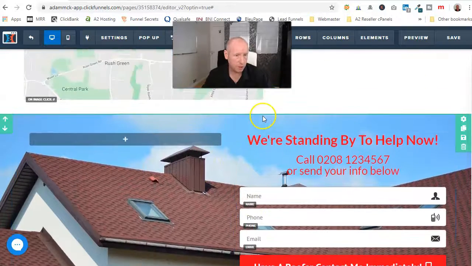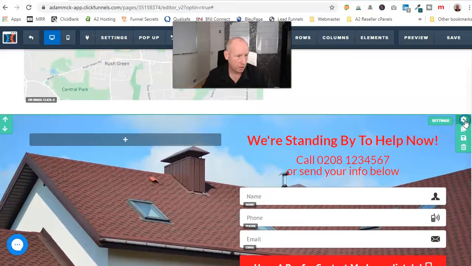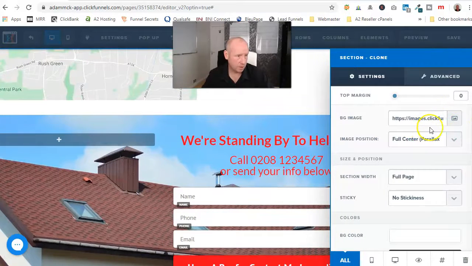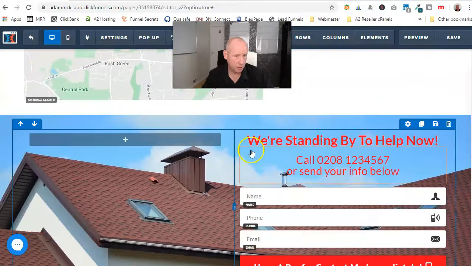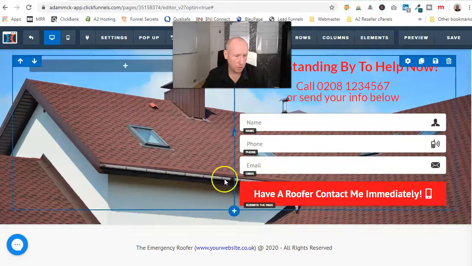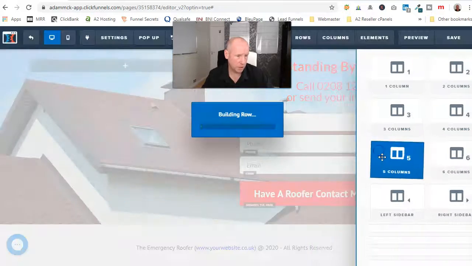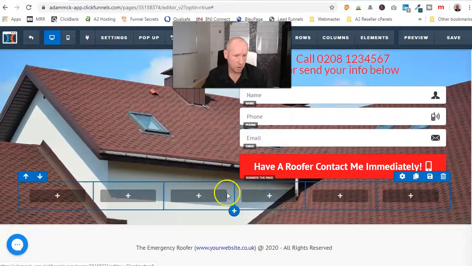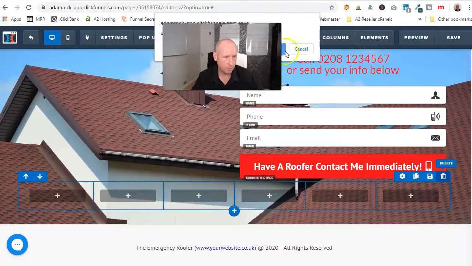Here for this one with the pictures on the rear, you just click your settings there, choose your large image, and then input 2 columns. If you want more columns, see these little plus boxes that appear on there, we want 6 columns underneath, and then we can fill these up with elements or whatever we want it to. So if I bin that,